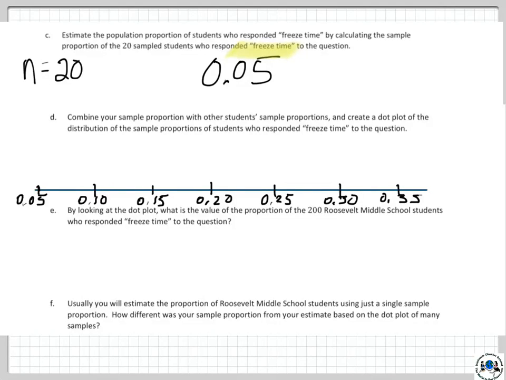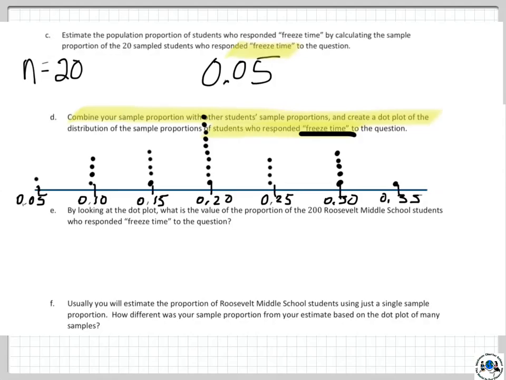Okay, so if we were in a classroom, we would combine our sample population with other students' sample proportions, and we'd create a dot plot, okay? But, of course, we're not in a classroom. And again, this is about students who responded freeze time. Freeze time is our focus right now, okay? Anyway, I just used some data from the teacher's guide, the teacher's notes, and this is my dot plot